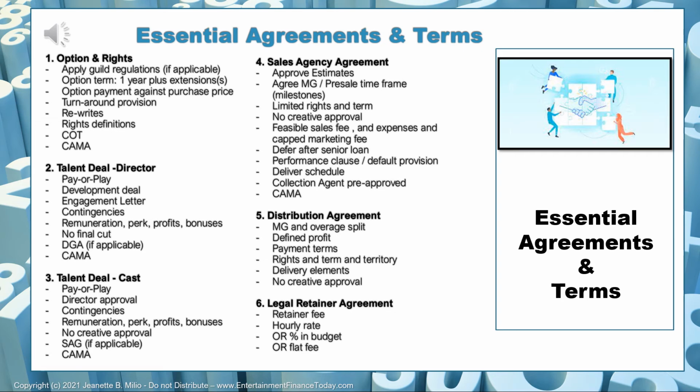So if we pre-sell, for example, a movie and we have a cast defined, some distribution agreements would include that cast name. So let's say, for example, I'm pre-selling a movie with Jason Statham, and a German buyer comes to me and says, I'm going to buy this movie with Jason Statham, and I want Jason Statham to be mentioned in the agreement. I can only do that if I add language that says I have the right to replace him if I have to, and I would then replace him with someone of equal or higher value. And in that case, I can then put the name of the cast member in the agreement.